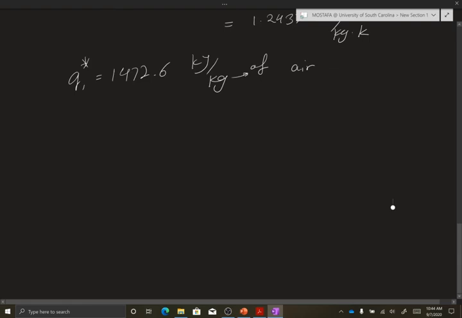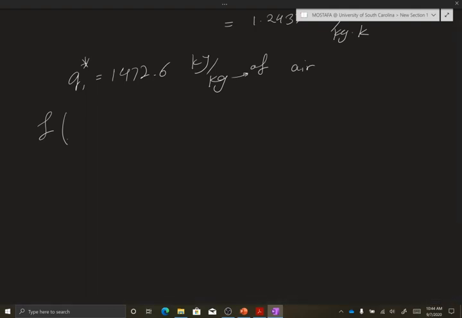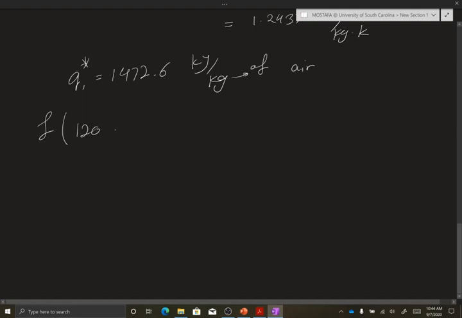So the next part is the fuel to air ratio, F. How can we find this fuel to air ratio? It is actually pretty simple. You have to multiply this F, the fuel to air ratio parameter, by the heating value of your fuel, which in our case was given in the problem. And it will always be given to you. 120,000